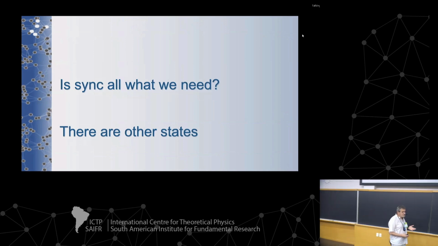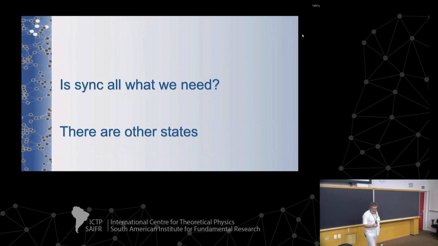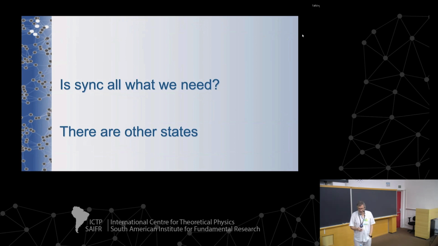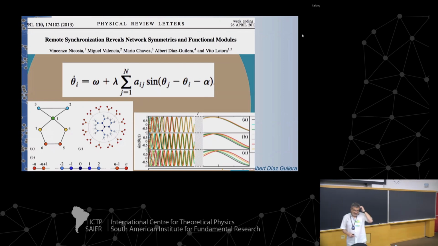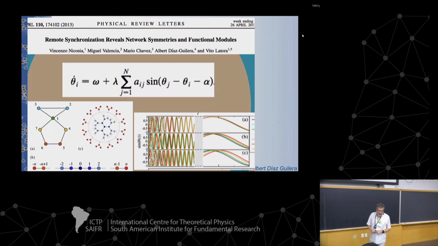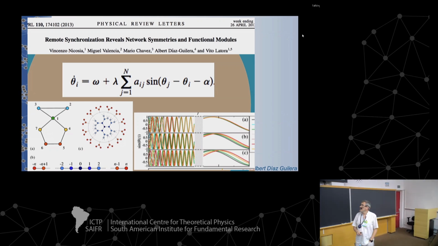And so my contribution here is just to pose this question: synchronization is not everything that we should expect from this type of system. The first time that I was questioning this was in a very nice collaboration with Mario and other people back in Sicily a long time ago. Here in this model, the Kuramoto model, we have identical oscillators, because you don't see any label in the frequency, so the frequencies are the same for all of them.